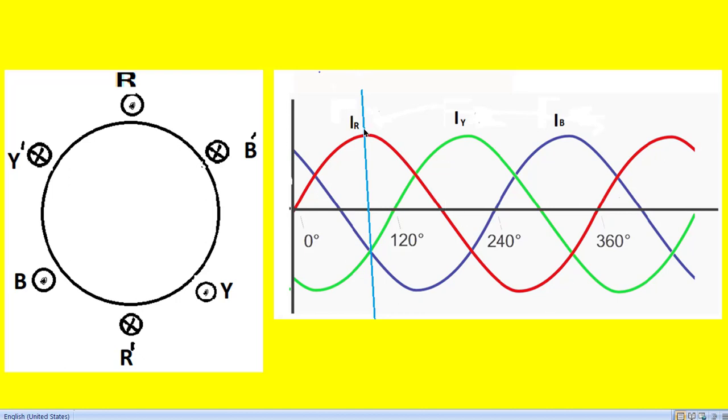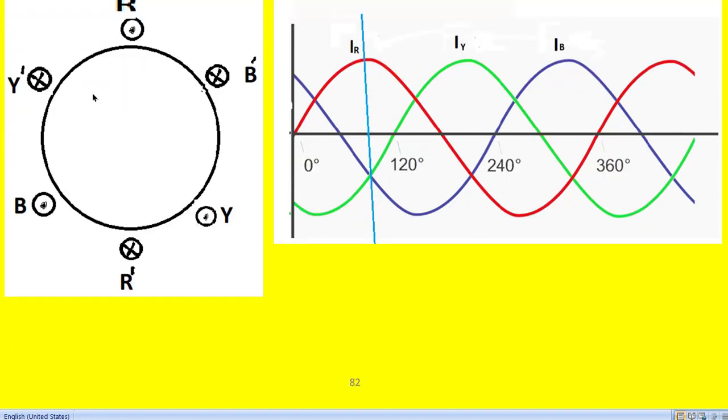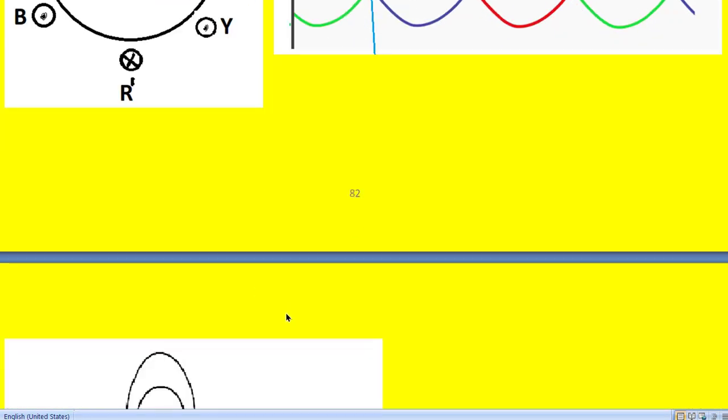We write the current waveform equations in terms of cos, so that we can easily solve or understand the phenomenon of rotating magnetic flux. Similarly for the B and Y phases also. So once we know the direction of current at the instant, then